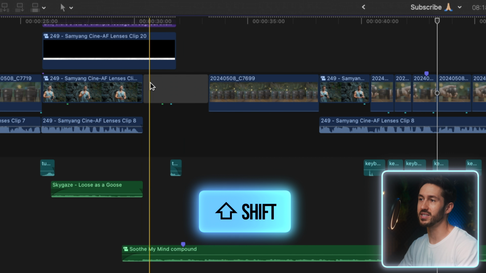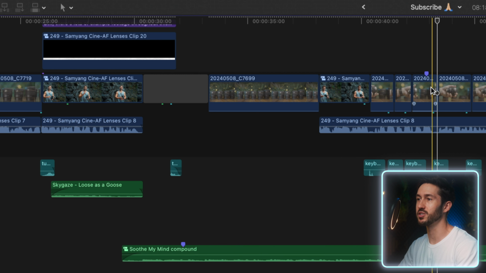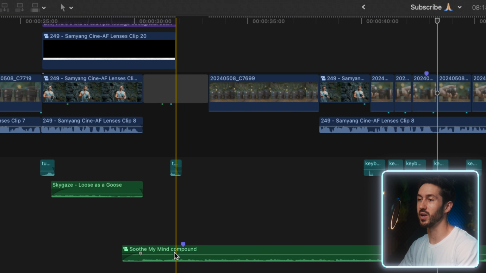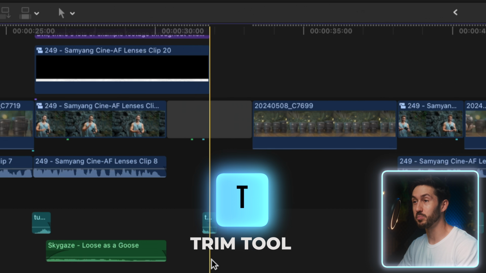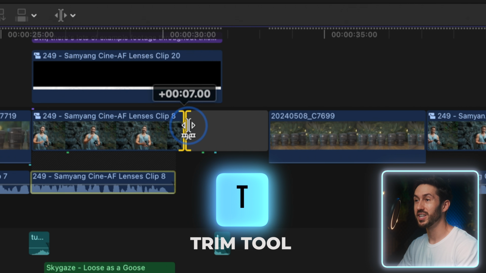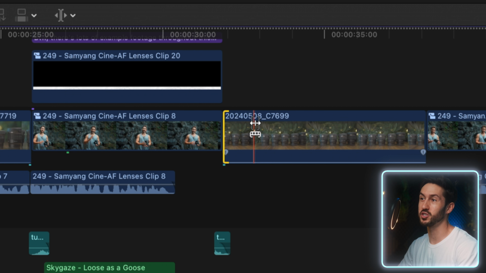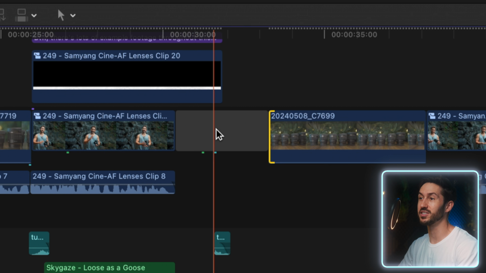So now you have this gap clip, so it keeps the timeline duration the same, and it also keeps that attached sound effect as well as the music. So if you wanted, you could press T to bring up the trim tool, you could extend this out and this out so they come together if that's what you'd like,